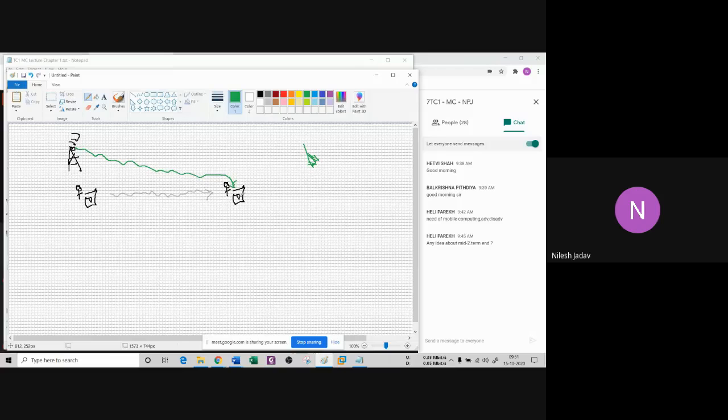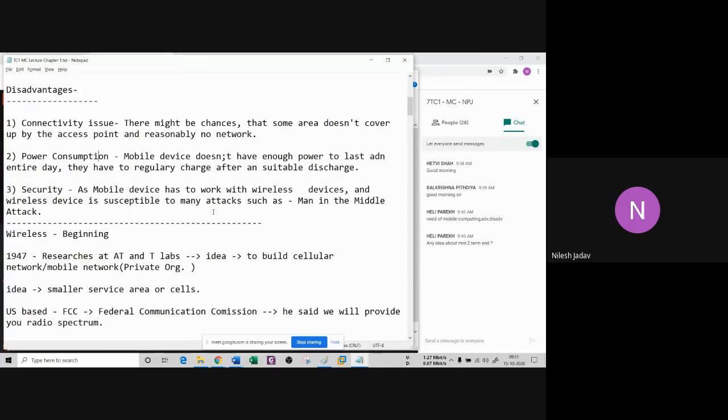And definitely if it wants to find something, then it's going to use the battery. So your battery is not going to be reduced here, but your battery is going to be reduced here. The consumption is going to be high here, because you are very far from an access point. If there is an access point available here, then your battery consumption is low, something like this. But if it is not there, then your battery is going to be discharged quickly. This is the second disadvantage.